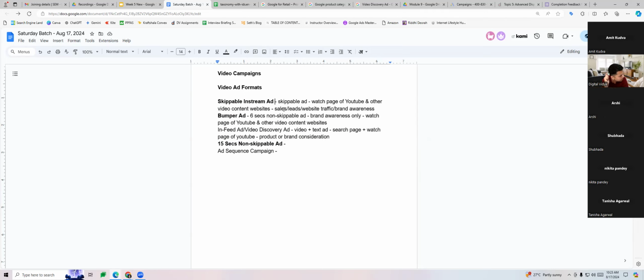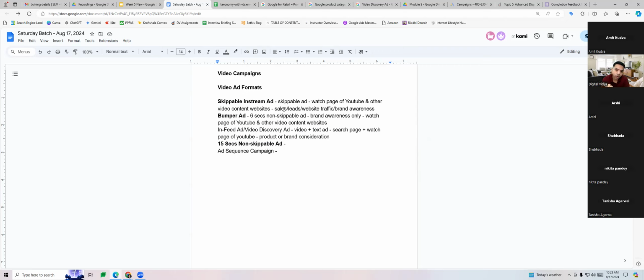Sir, whenever we're watching YouTube, I come across an ad which is non-skippable and goes for the entire duration of 30 seconds. Which category does that fall in? Yeah, not only 30 seconds, there are longer ads also, right? The 1 minute, 1.5 minute long ads, which are not skippable. You have to watch the whole ad. Yes, absolutely right. Those are ads which are not running through Google Ads primarily. They are running through a YouTube team directly.